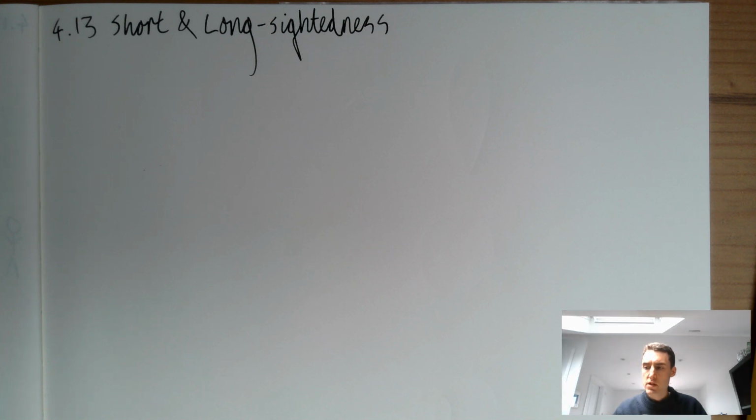This is one of those lessons where it's not really a massive part of the spec, and at GCSE there's not going to be loads of marks available in a GCSE physics paper for answering questions about short and long sightedness. And yet I still think it's an incredibly important lesson to cover with students, just from a general knowledge point of view,